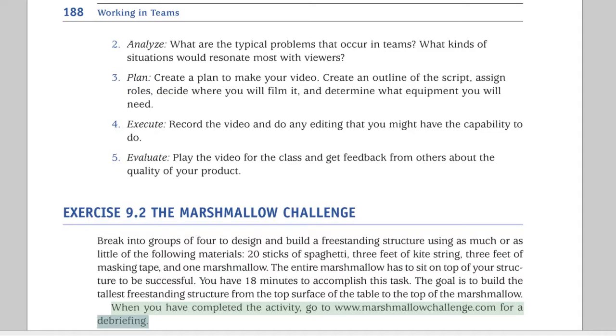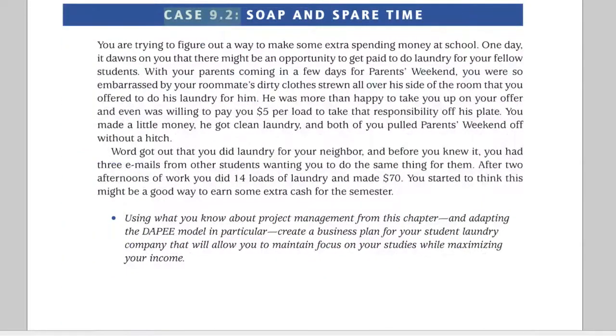www.marshmallowchallenge.com for a debriefing. Case 9.2, Soap and Spare Time. You are trying to figure out a way to make some extra spending money at school. One day, it dawns on you that there